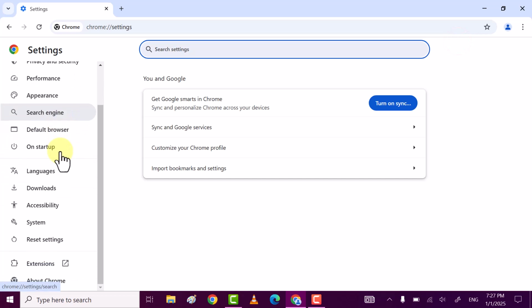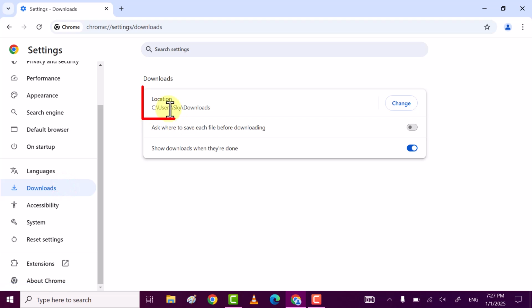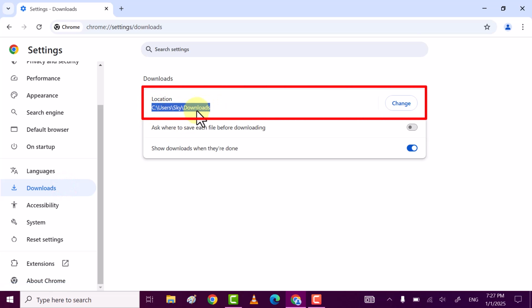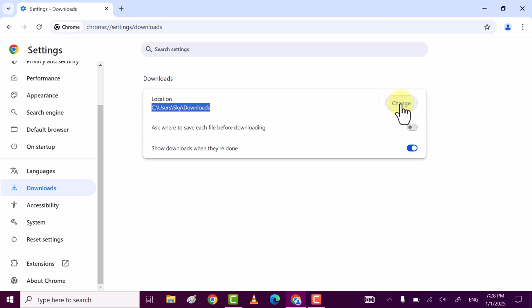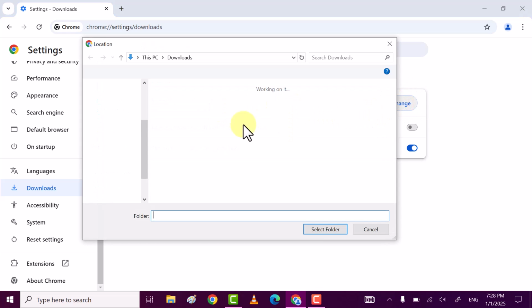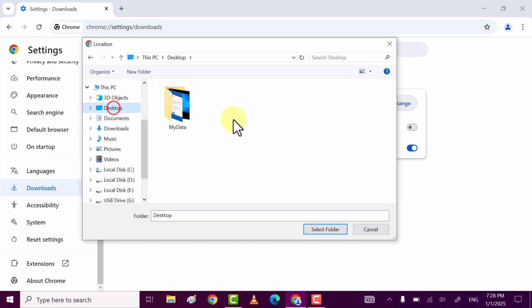Now on the left hand side scroll down till you see downloads. Click on it. Now here it shows you the default download location of mine. If you want to change this location, then click on change. Select the location where you want to download